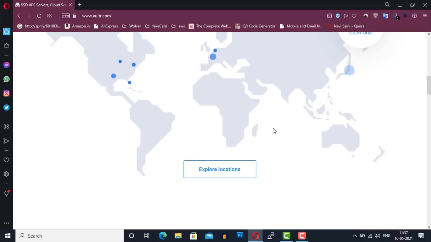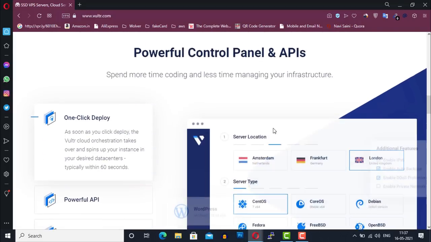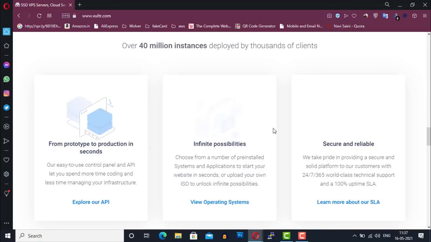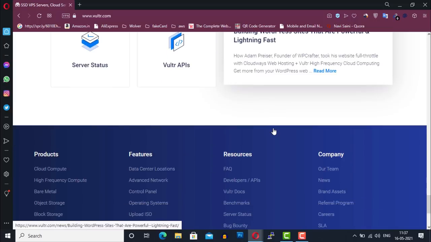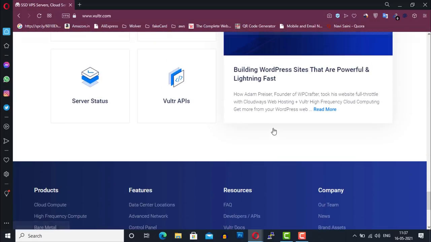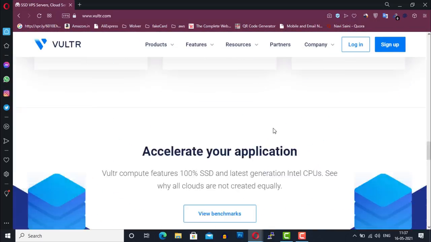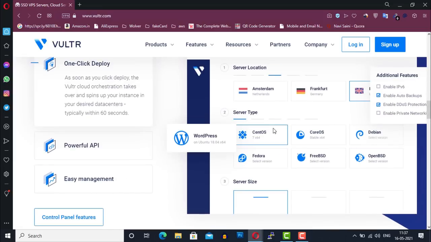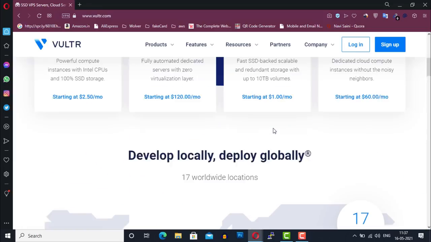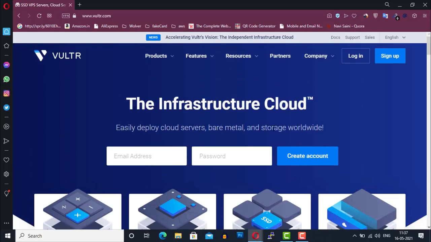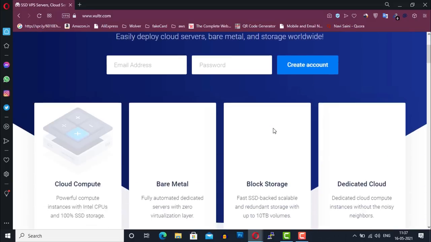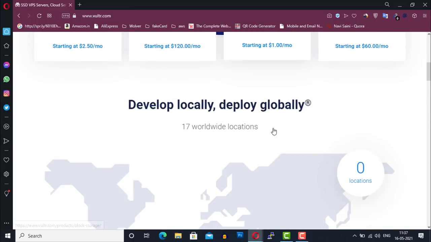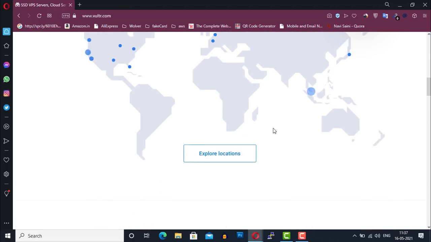In this video, I'm going to show you how you can install LAMP Stack bundle on your cloud server using Ubuntu operating system. Not only LAMP Stack, we will also install phpMyAdmin and WordPress CMS on our server. So if you are planning to host your WordPress website or a dynamic website on the cloud server, then this is a good idea to install this software stack to power your websites.